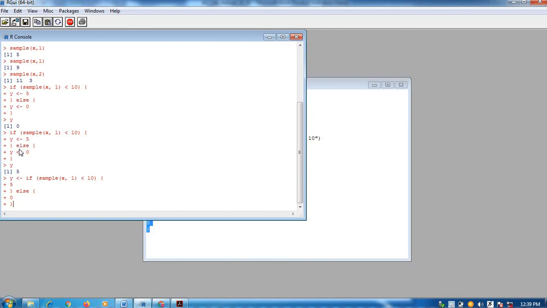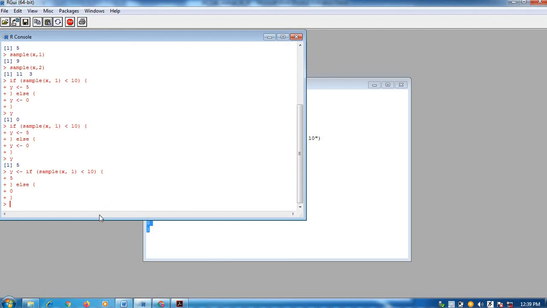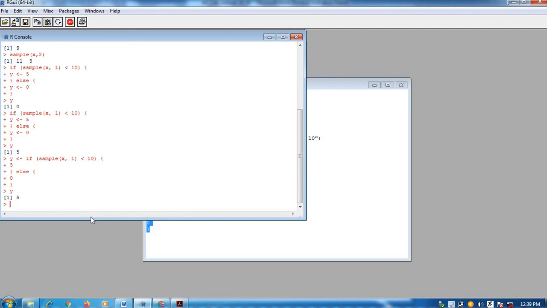Instead of y being assigned inside the blocks, this is commonly taken out and it is written as y is assigned, and then this if condition is written, and what is to be assigned is written only inside the blocks. Now no error, it is executed correctly. Now verify exactly what is stored in y. Here we can conclude again that the sample which was taken had a value less than 10. That's why 5 is assigned to the y variable.